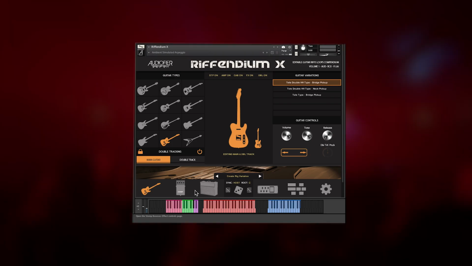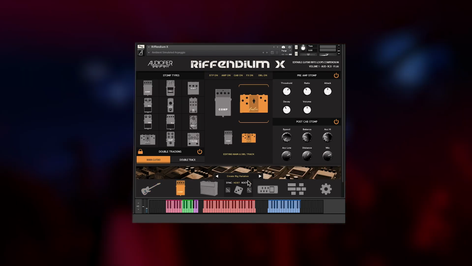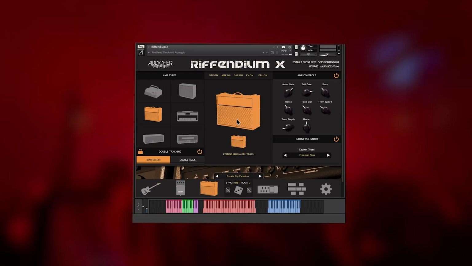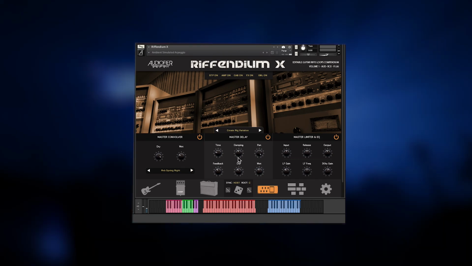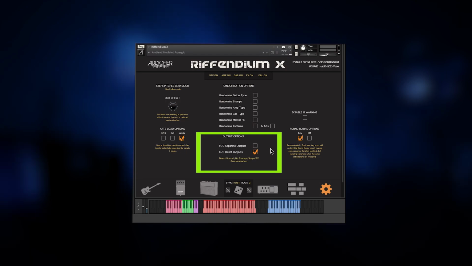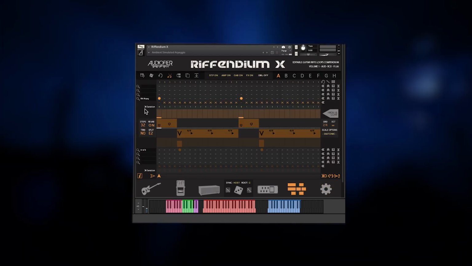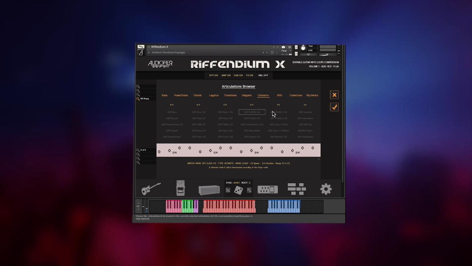Speaking of guitar sound, you can either adjust your guitar parameters, your stomp effects, and amp settings, and reverb or delay. But you can also bypass all that and use your favorite amp simulation without having to load a separate instance of Riffendium. And speaking of loops, we have more than 300 loops organized in a browser, each recorded in